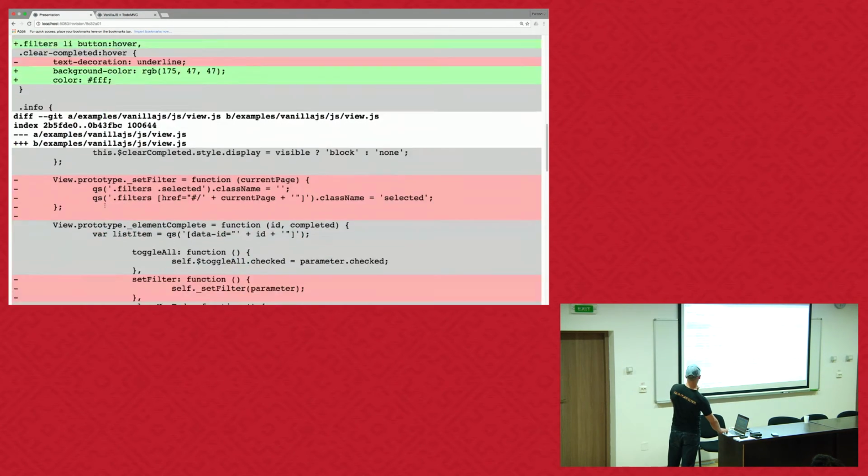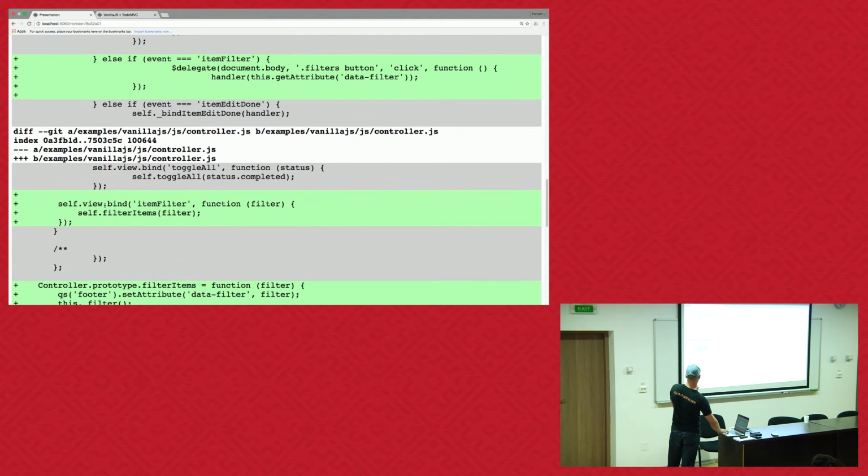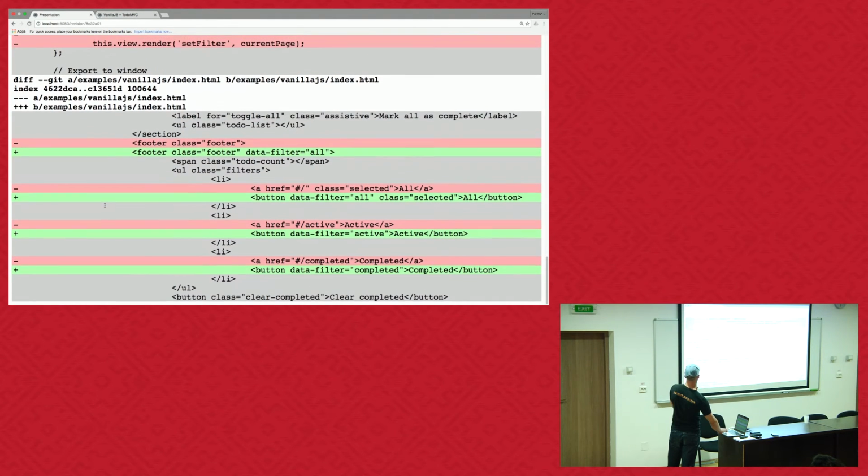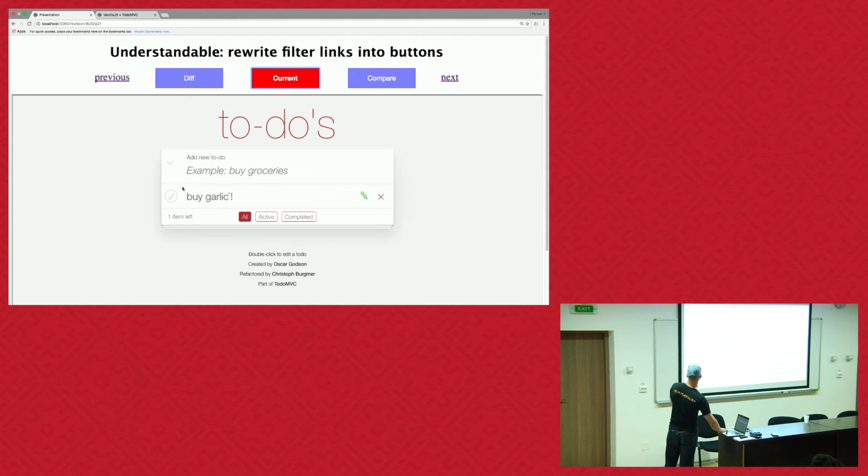Fun, fun, fun. This is a lot of code. Binding of event handlers, yada, yada, yada. Buttons, with some data attribute to make sure I can keep track of what's being filtered. The important thing is